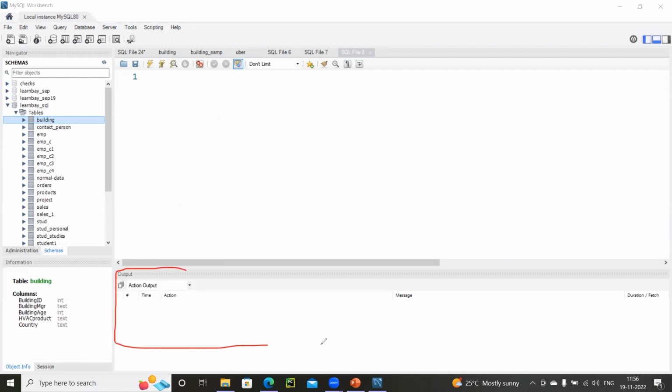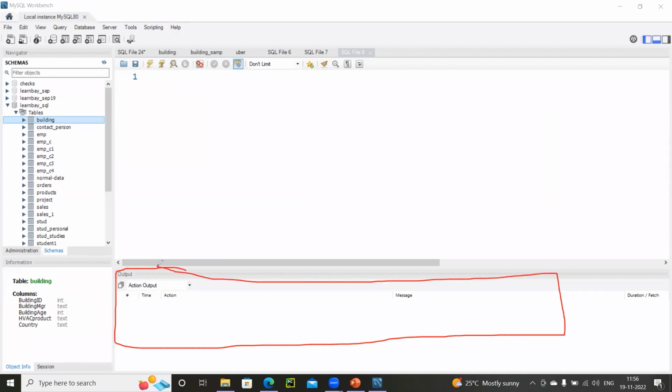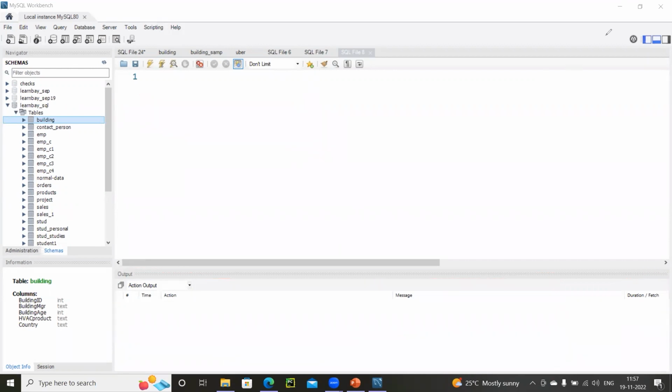And the bottommost pane is basically called the output pane, which is very, very important. Any statement that I write here, and if I run it, the result of that statement will be displayed here. Whether it is a correct statement or a wrong statement, if it is a wrong statement, what is wrong in it, and how much time it will take in order to run that particular statement. Okay. These are the 4 different panes inside your IDE that you must be aware of.